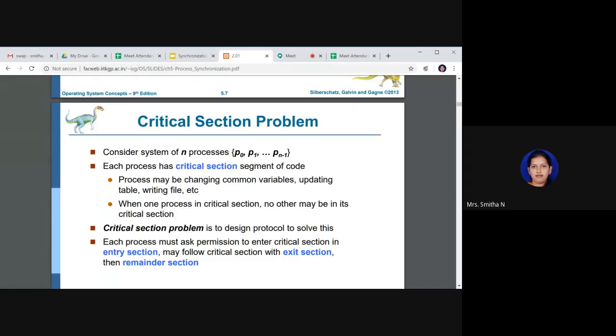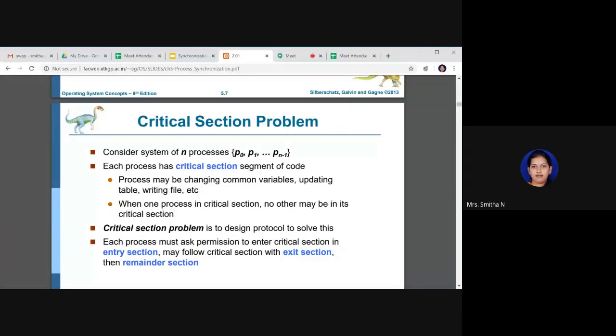When you have n number of processes, you cannot leave all of them to update that critical section at once. If we do that, it's a race condition. Correct? We end up in a situation where we get a wrong answer. If you remember, I used to give one example in the class where you have a Google Pay account where you're doing some transaction. If you are updating everywhere, it should be updated, otherwise it is data inconsistency. Here also, if two or more processes try to update the critical section, it results in race condition or data inconsistency.